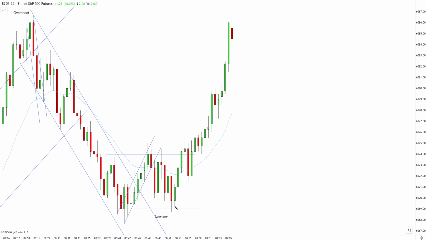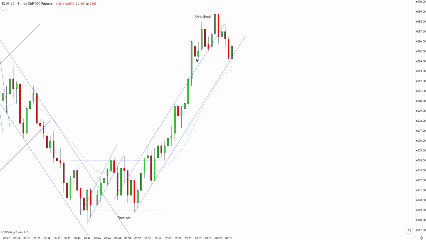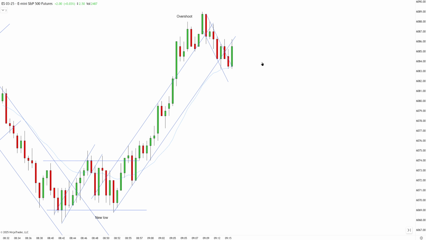Market keeps working higher, so I'm going to redraw the short-term uptrend like this. Unfortunately, we have an overshoot of this channel. The first channel also played out with the break and the new extreme, so there's a chance that this secondary channel is going to get a new high as well. But since I have an overshoot, once again I can expect a stronger correction in the opposite direction. So I've got to be a little bit careful. Let's see what's going to happen.